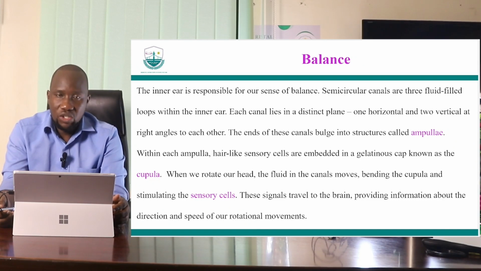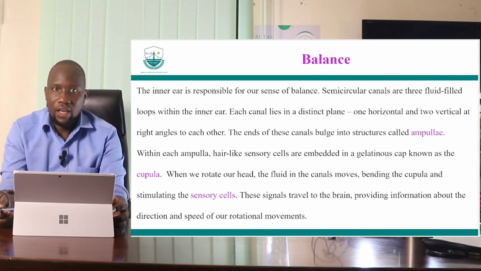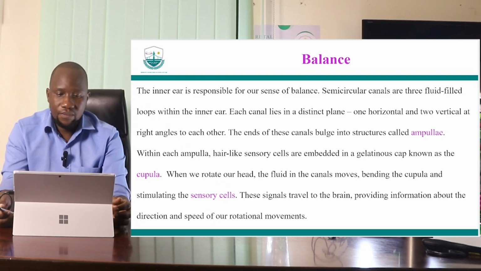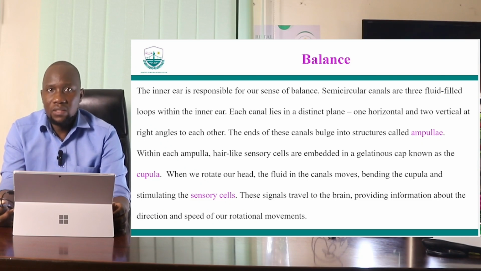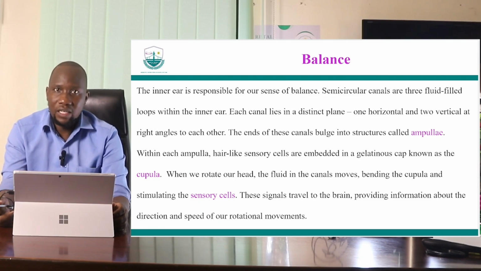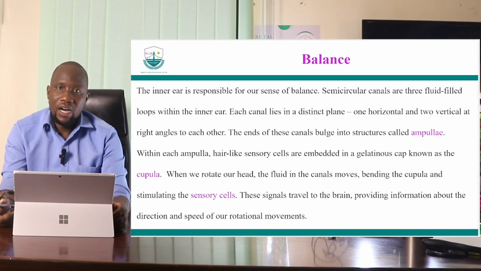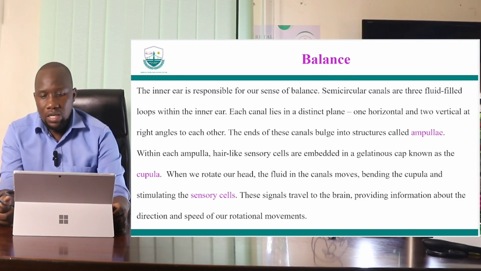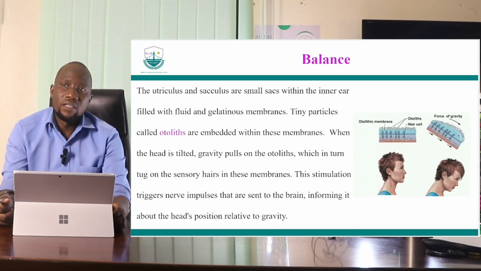So the information that tells the brain about the position of the head comes from the ear. The inner ear in particular is responsible for the sense of balance. And like I said earlier on, there are three things that you need to mention when talking about balance. The semicircular canals, and then we talk about the utriculus, okay, the utriculus, and then the sacculus. These are very important components of the